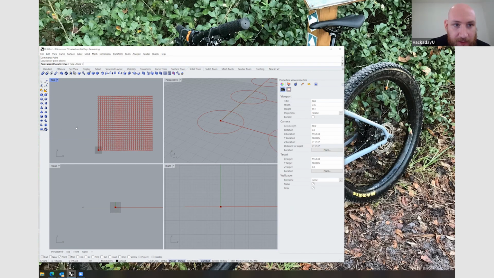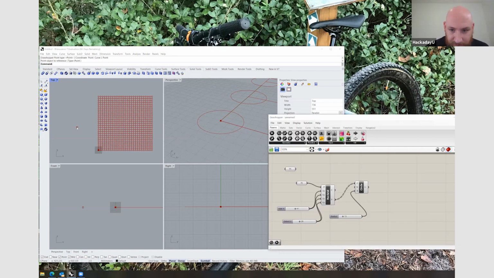You need to just check what your command says, and make sure that it's selecting a point and not a coordinate. Yeah, type point. So that's fine. Okay, so that's my point now. So then I'm going to do distance from here to